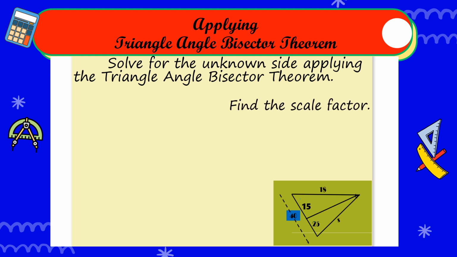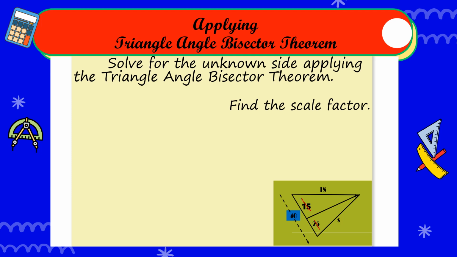To find the scale factor, we will just make use of those proportional segments. Since these segments are all known, say we have 15 and 25, we will use those as our